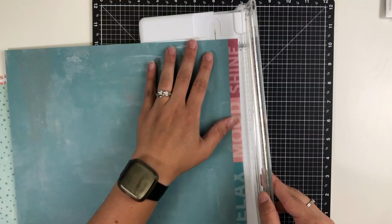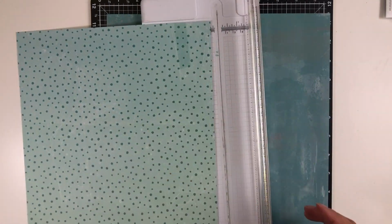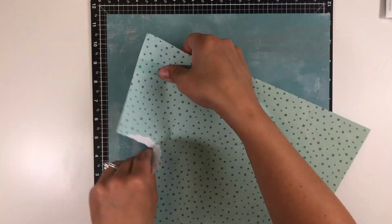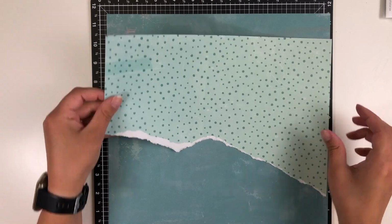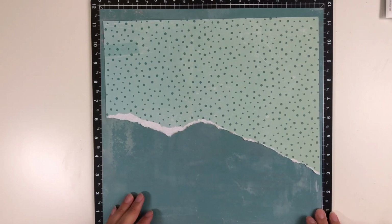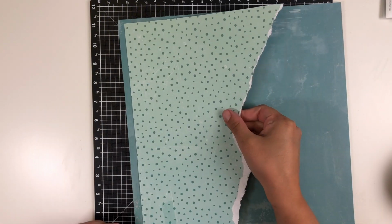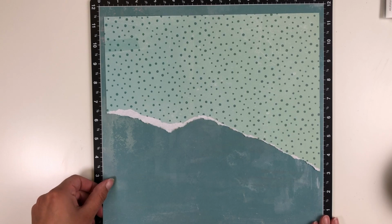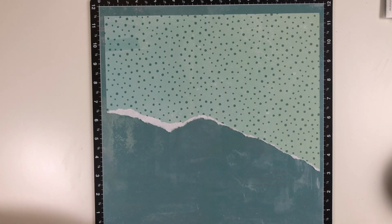So today I am back with a one-page layout using the Sun Chaser collection from Heidi Swapp. I have been using a lot of Close To My Heart products this month, just because I got a lot of new products and I was excited to use them. So I figured I'd switch it up a little bit and dig into my stash again and use a different collection. I wanted to use, I guess, more of the boyish papers for this layout,